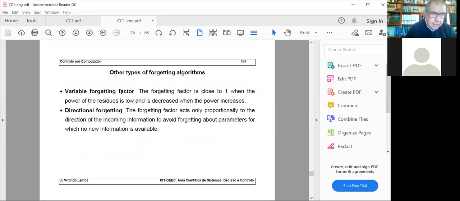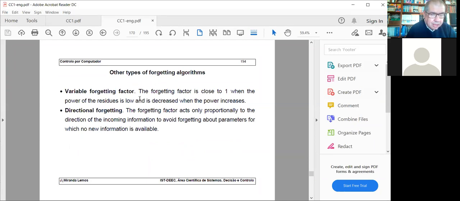Now, just a mention: this type of forgetting is a so-called exponential forgetting, because you have this exponential weight. There are many algorithms about forgetting. Two families of algorithms are variable forgetting factors